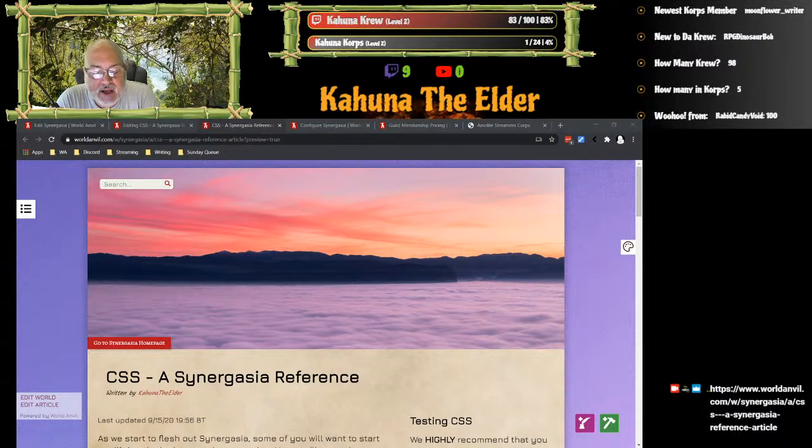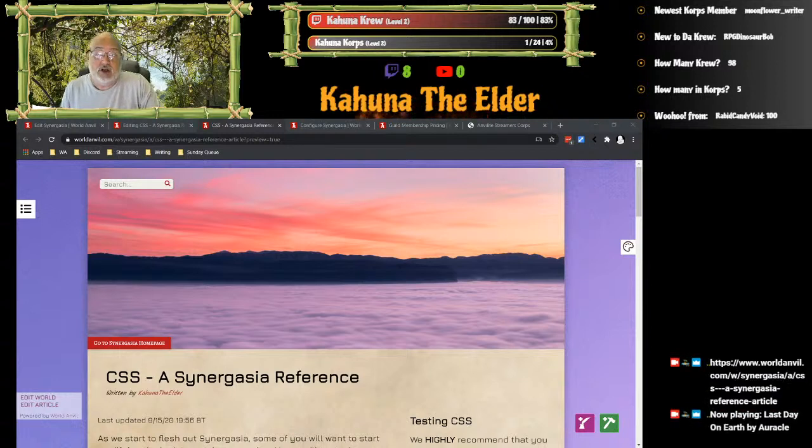Now, why do I say that? World Anvil gives us a lot that we can do, and I mean a lot. You can go down the CSS rabbit hole forever, okay? Trying to get things tweaked up just the way you want, and then you'll find something else that you want to do. Synergasia has a slight challenge to that, and that is we have one world, but we have now 15 authors. If everybody wants to make it look different, how do we do that and still have the world itself have one look and now 15 other looks?